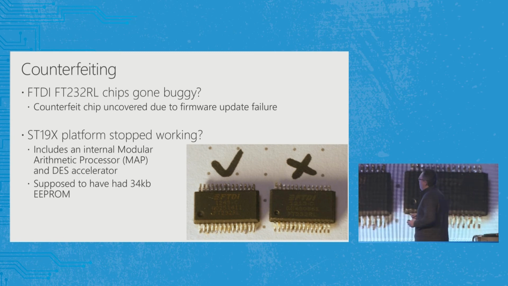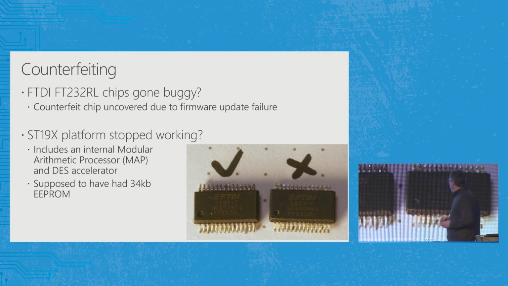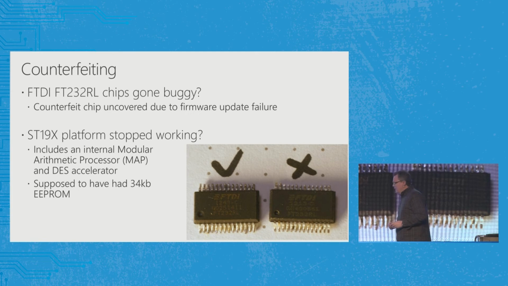I'll give you a few examples from the consultancy side. Counterfeiting. Why would someone really want to counterfeit chips? Here we have a couple of chips that look very, very similar. They've got exactly the same type of manufacturing stamps on there. They're being called the same type of chip. In this particular case, the organization that was using these chips in their boards